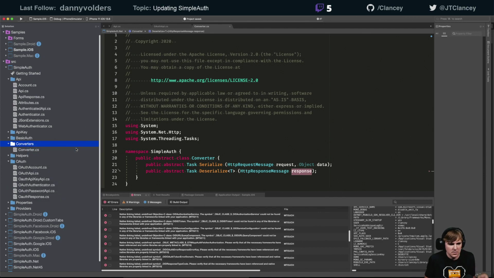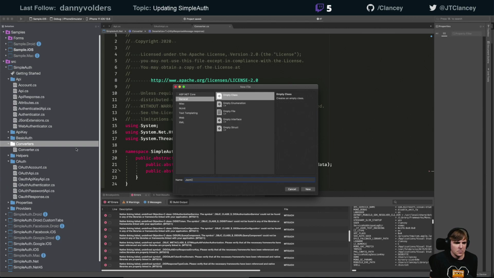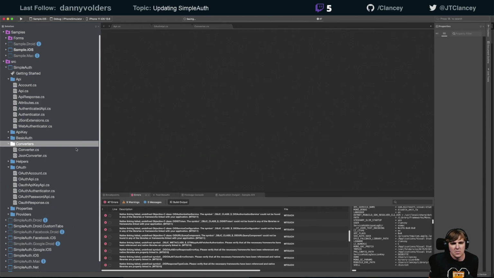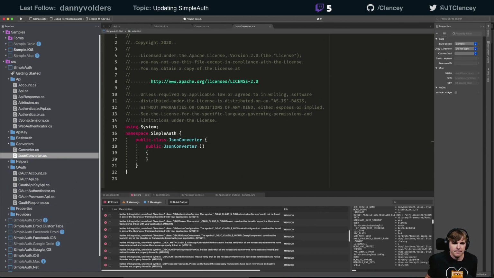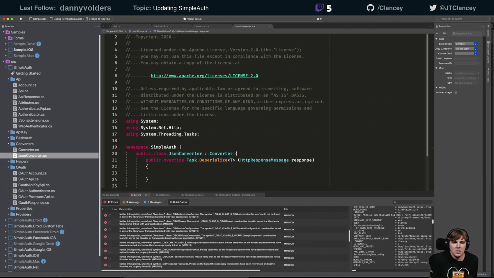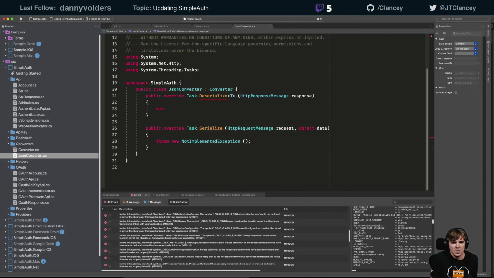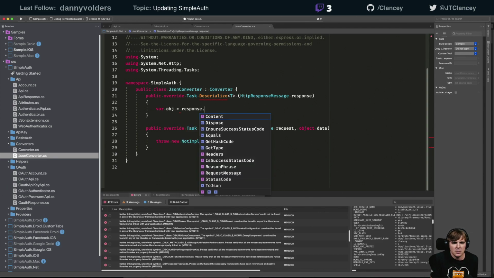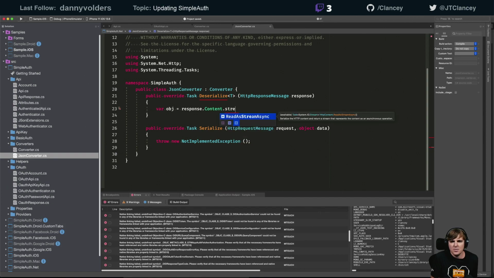All right, add new class. I wonder if converter is the right name. All right, delete that. All right, so deserialize the message. This should be nice and easy. So what we'll do is we'll do var, wait, do I have these backwards? Oh no, that's right. All right, so we'll do var equals response dot content dot read as stream async